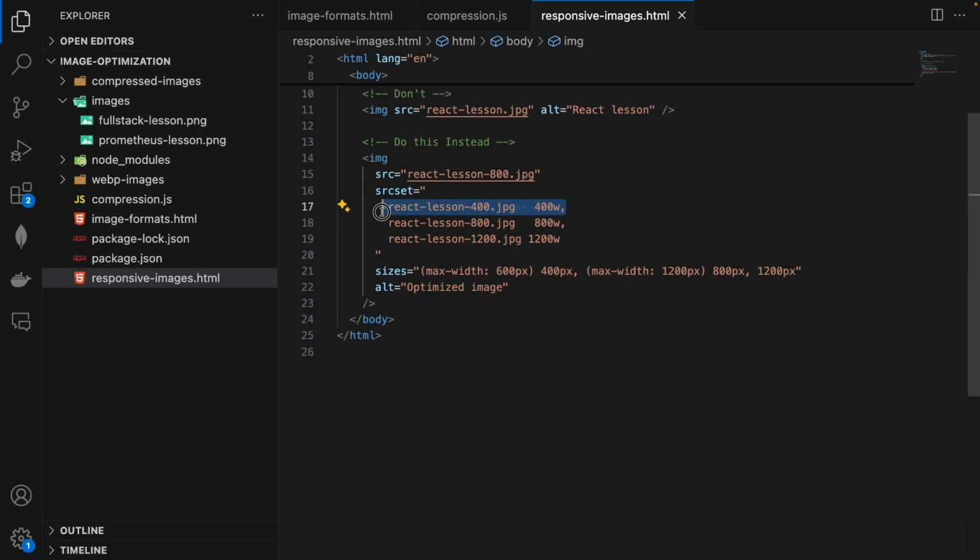So this React lesson image has a width of 400, while the second image has a width of 800. And for the sizes attribute, we define a set of media conditions, that is the screen widths, and we indicate what image size the browser should use at different viewport widths. So if the viewport width is 600 pixels or less, we are going to use the 400 pixel wide image, and if the viewport width is between 601 to 1200 pixels, we are going to use the 800 pixel wide image,